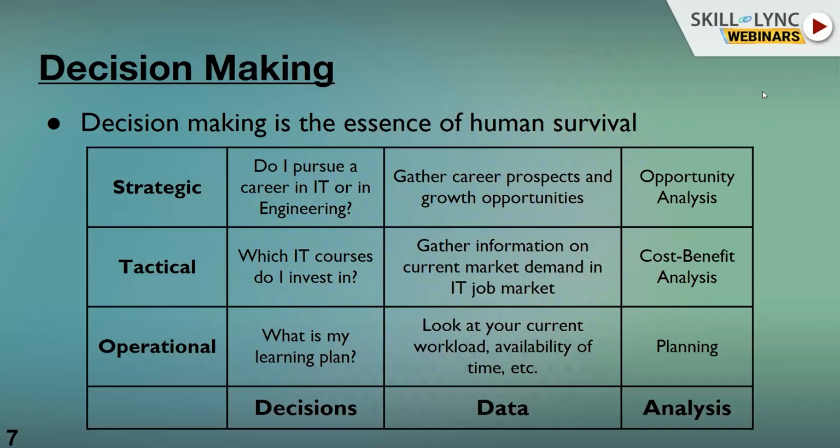So the tactical decisions are, yes, once you take a strategic decision, then you have to implement or pursue that decision, right? So therefore you make a midterm plan. For example, if you decide that you want to pursue a career in IT, the next question you probably look at is, okay, what IT courses or what IT skills should I develop, right? Once you decide that, that is going to be the tactical decision, because now you're going to spend, let's say, the next 6 months or 1 year learning this course, right? So that is a tactical decision in nature.